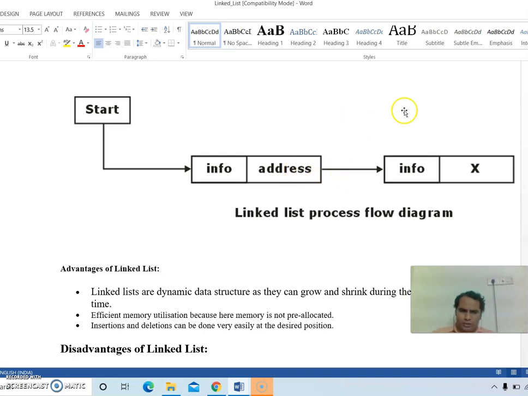I should create the node, and this address should now point to the new node, whereas the next of the new node should point to this node. So this address copying is required. It is a small logic that we need to understand here.